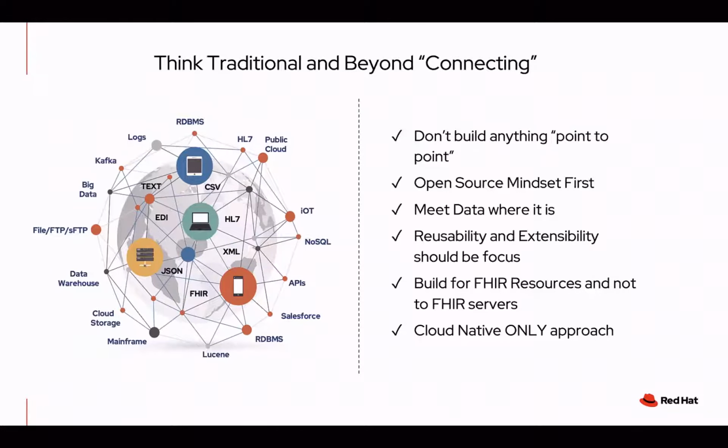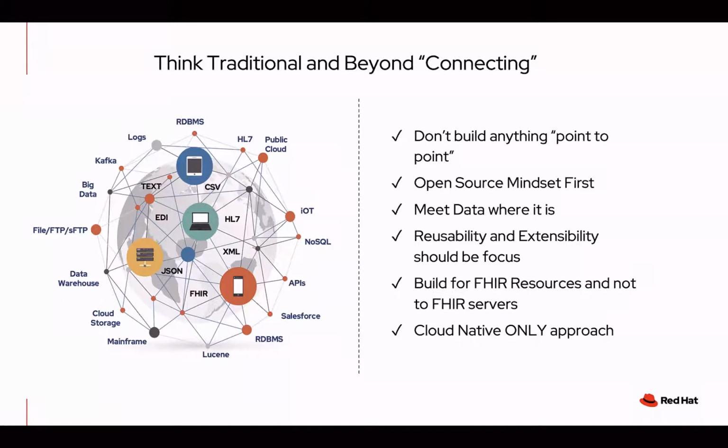How do I get reusability and extensibility in everything I do? So we always want to think about that as a focus point, right? In other words, if I've got to take data from 10 sources and I know I need to build a specific resource, how can I abstract that and do that once so that when the 11th system comes around, or there's another acquisition, our uplift is less impacting to the system, very quick?